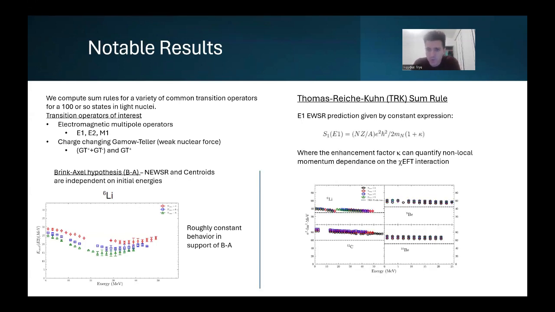We also compare results to the Thomas-Reiche-Kuhn sum rule, which gives a prediction for the E1 energy-weighted sum rule. Here we see an enhancement factor kappa. We compare our results for our E1 energy-weighted sum rules against the bare TRK sum rule, where kappa equals 0. The differences between the two indicate momentum and non-local behavior, so non-local behavior and a momentum dependence in the interactions we used. We could take this and use, for example, other interactions to compare the non-local behaviors of such interactions used in these